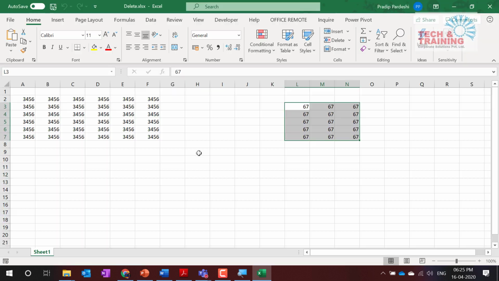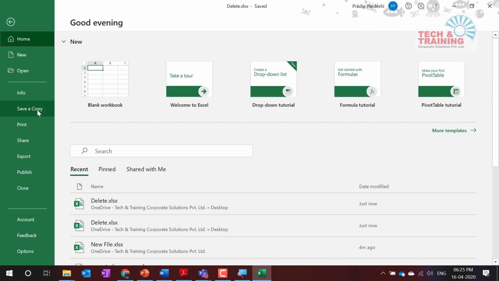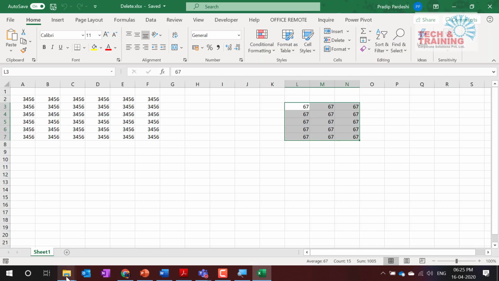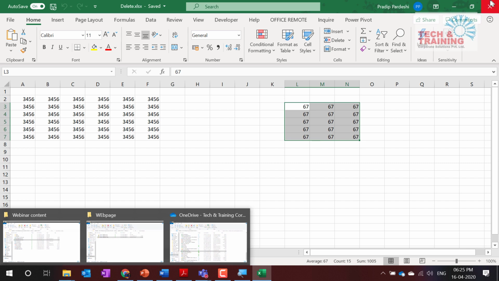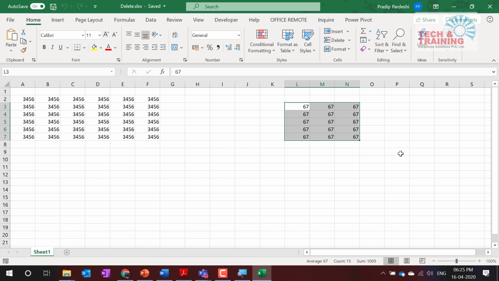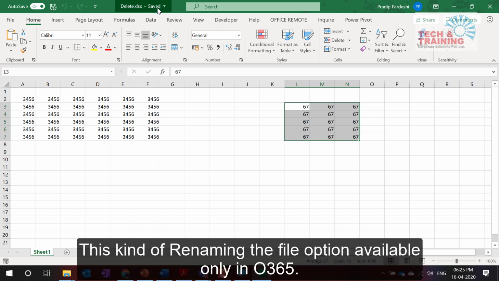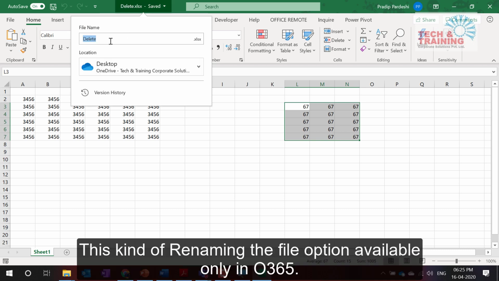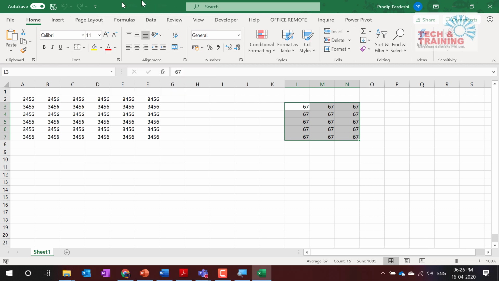Now, if I have to rename this file, I don't have to go back and do save as. Generally, what we used to do, we used to go to save as copy and then rename a file, or we would first close this file, go to that particular folder, and then rename the file. You need not close the file; you can just come here and say delete today. So this file automatically got renamed. See how simple it is?